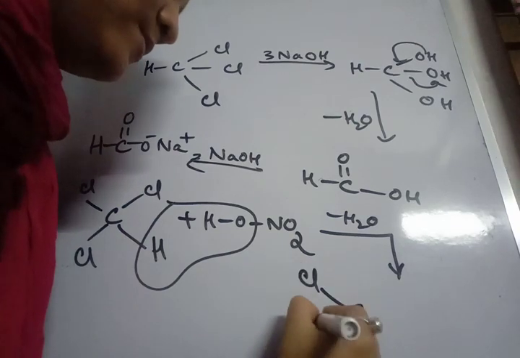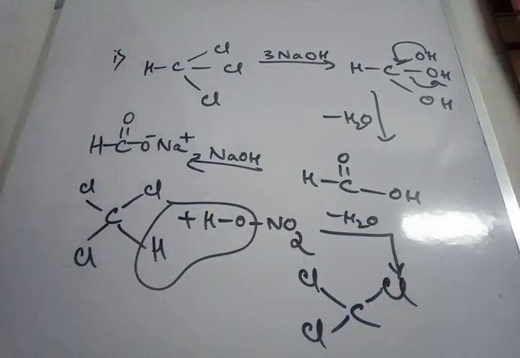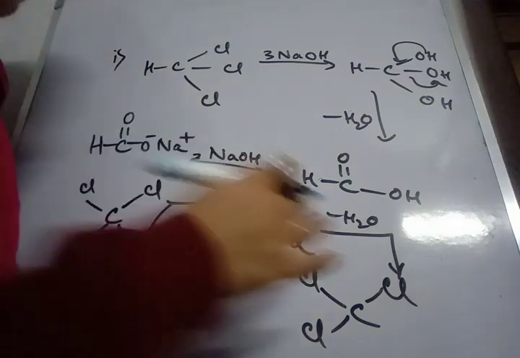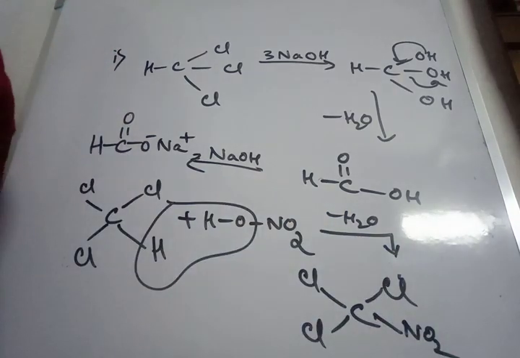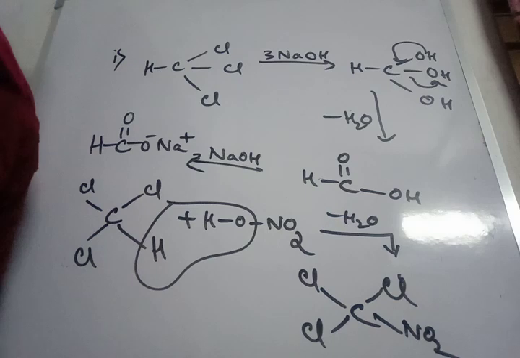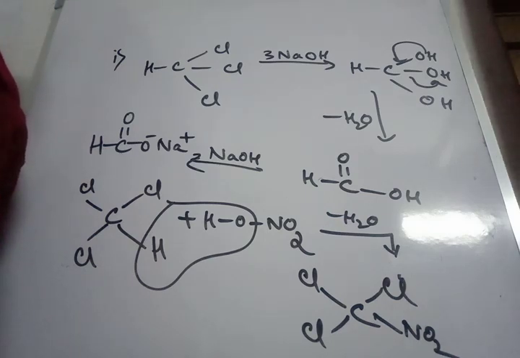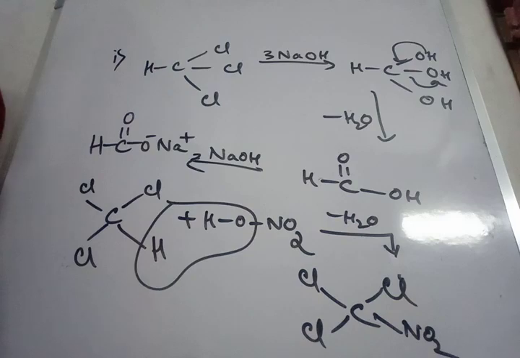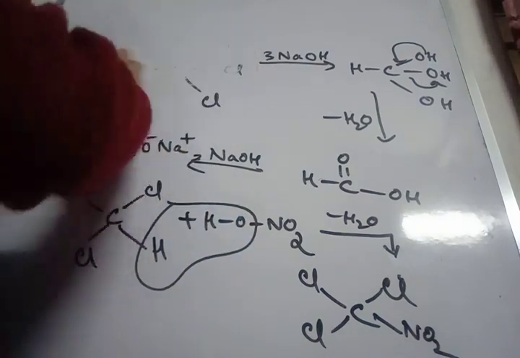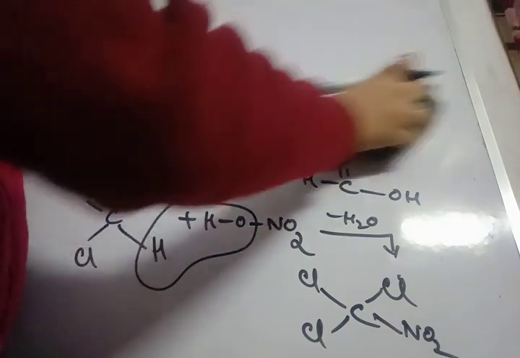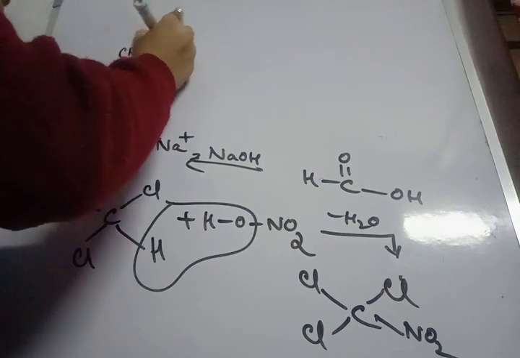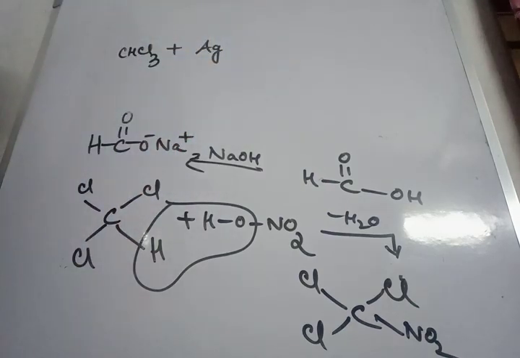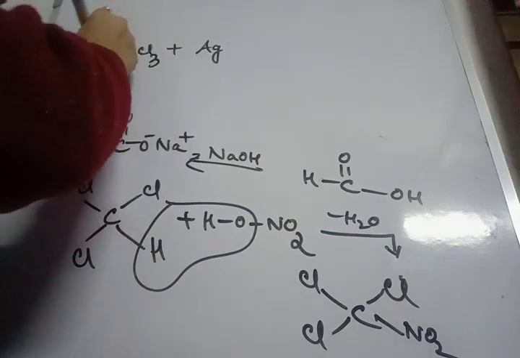Cl, NO2. Now this is an insecticide. Its name is chloropicrin. Now with silver powder, chloroform forms acetylene. If I write the reaction: chloroform, silver powder, heat, I'm going to get acetylene